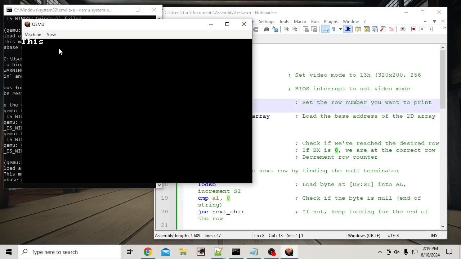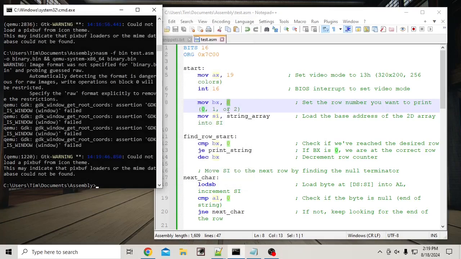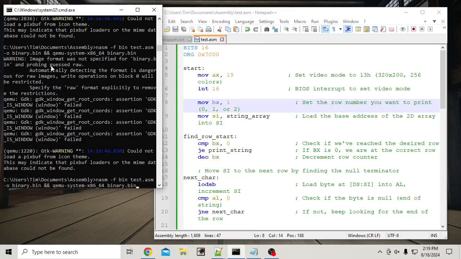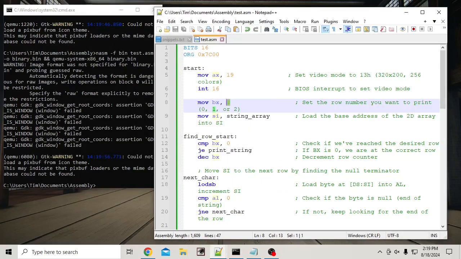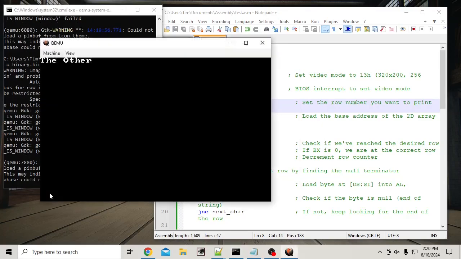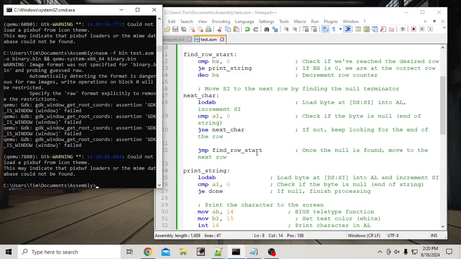It prints this. It prints this. Right, if I change this value to a 1, it prints that, you see? And if I change this to a 2, it prints the other, you see? So now what I'm doing,